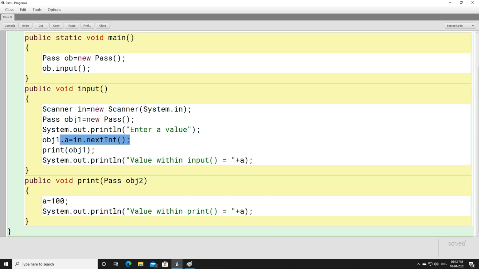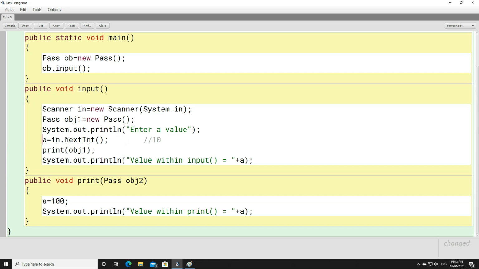Now when you store a value to a variable, it is stored with the help of an object, that is obj1, because here obj1 is written. So even if you enter 10 here, that 10 will get stored to a with the help of obj1. You are not going to take help of ob object, right?